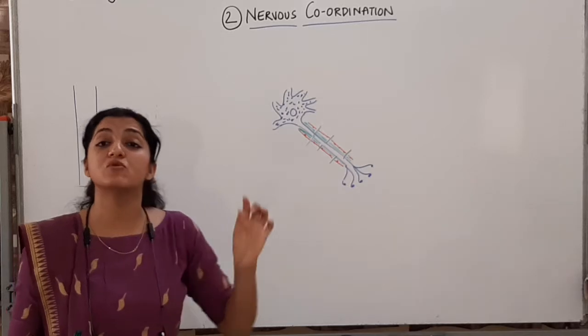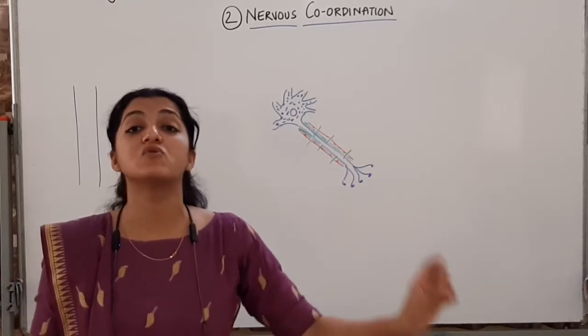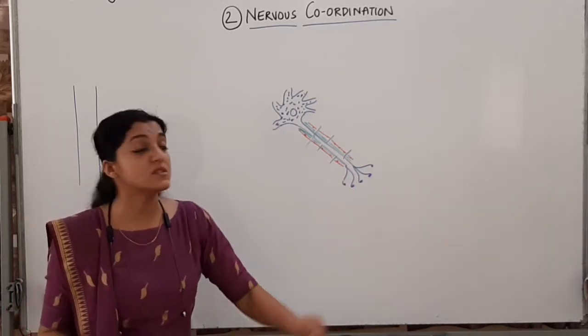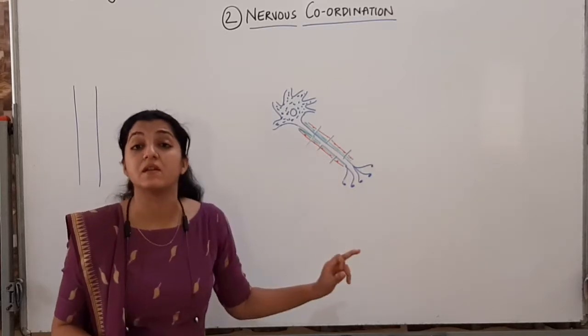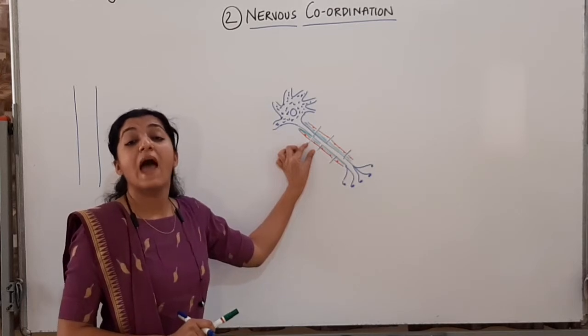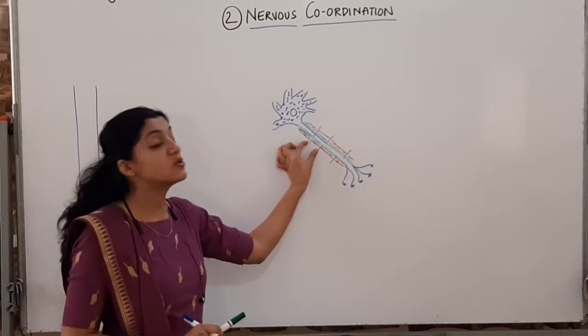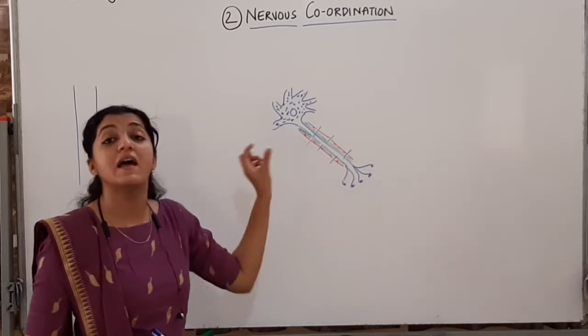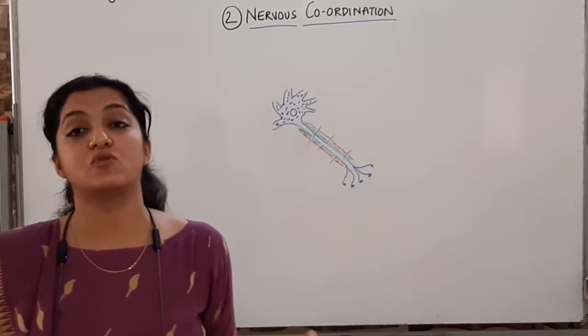All these are MCQs, all these terms will come in MCQs. So आपको confuse नहीं होना है. Nodes are the places where the myelin sheath is absent. Internode is the place where the myelin sheath is present. It is the place between two nodes of Ranvier where the myelin sheath is present. That segment is called internode.